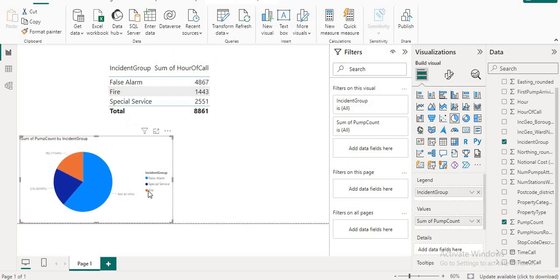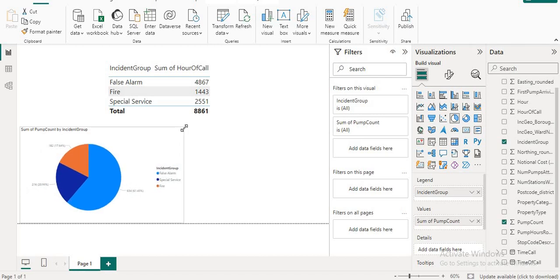And you will see here, the red icon shows the fire, the blue is special services, and this whole area is maximum as compared to both. So okay, now let's testify this